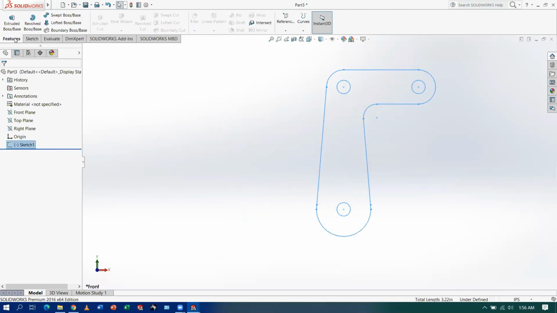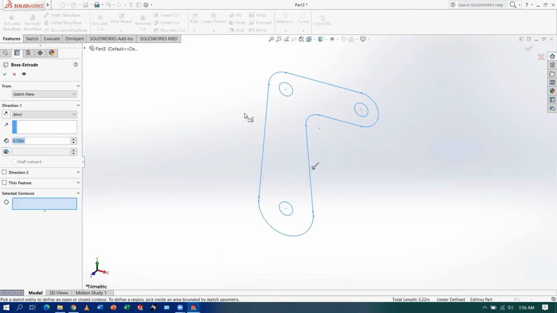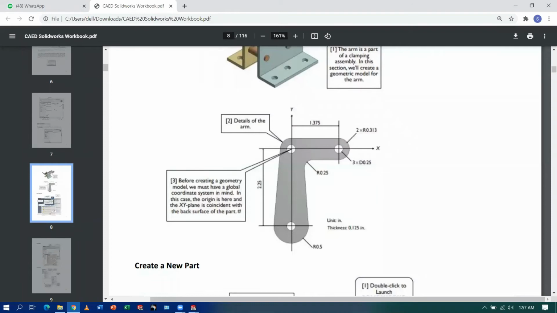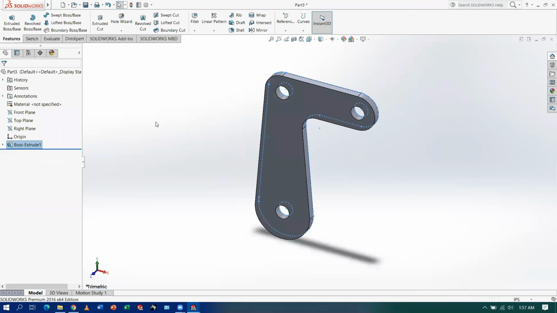Go to the features, go to extruded boss base, and let's say the thickness would be 0.125 inch. Guys, this part has been successfully created.